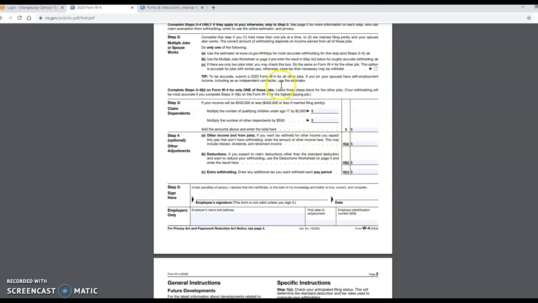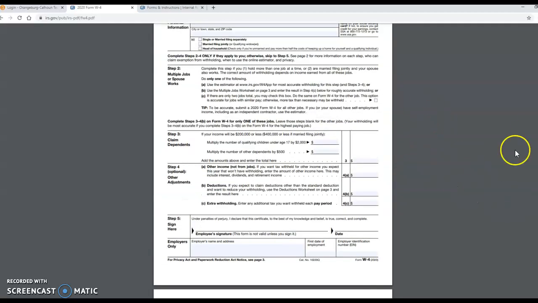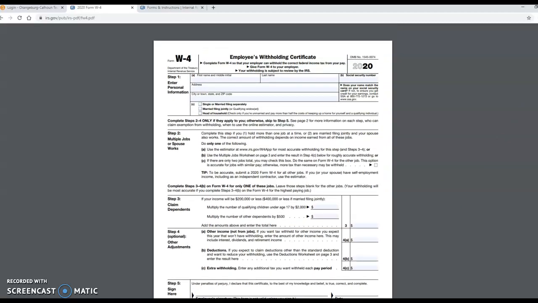We need to make sure that this job withholding helps to cover anything else that it needs to cover. If there's extra deductions beyond the standard deduction, then 4B needs to be filled out. There's extra withholding. Either it's extra withholding from down here, or it's extra withholding that the employee just happens to want. The employee can just say, well, you know, I got this little side business. I need an extra $50 per paycheck withheld to cover that. Okay, so the employee can just put a number in there if they want. Okay, so once anything is filled out that needs to be filled out, we're ready